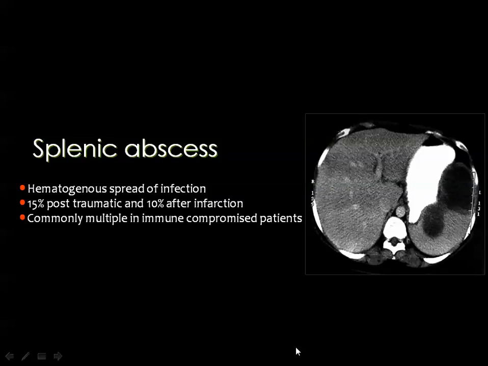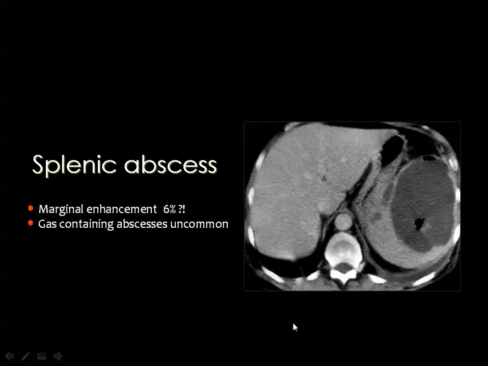Then splenic abscesses are also similar to those of the liver. They are fluid-containing lesions, and whenever you inject contrast media, you get marginal enhancement. And sometimes you can detect air inside the lesion, and this is one of the diagnostic criteria to help you in putting the possibility of an abscess. The marginal enhancement is one of the criteria, and the presence of air inside the lesion, especially whenever this patient is not touched by